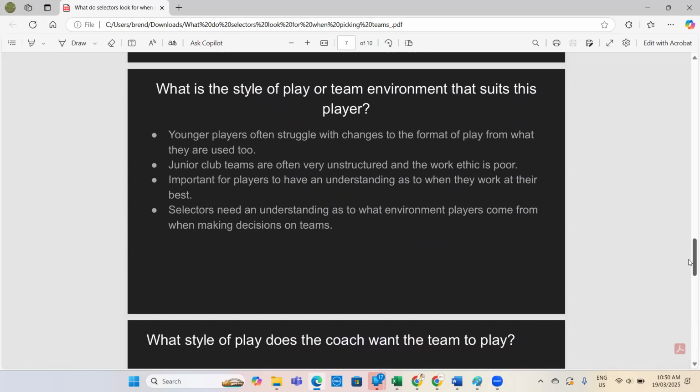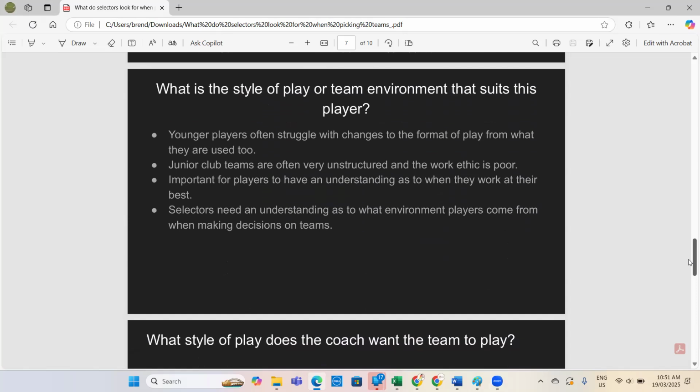So in terms of the next two, this is around the style of play. So style of play is potentially down to the format of play. So obviously, if you're playing one day cricket, it's a little bit different the style that you play compared to 2 day or 4 day cricket. And it also comes down to coach as well.